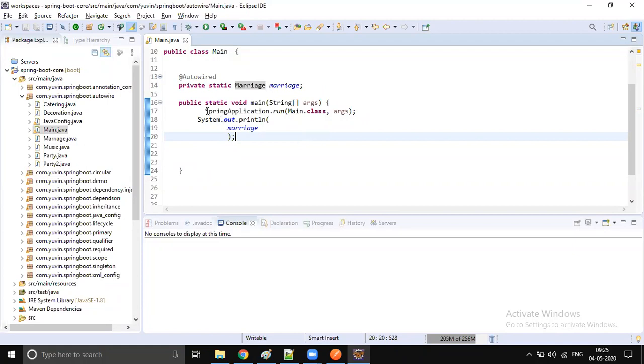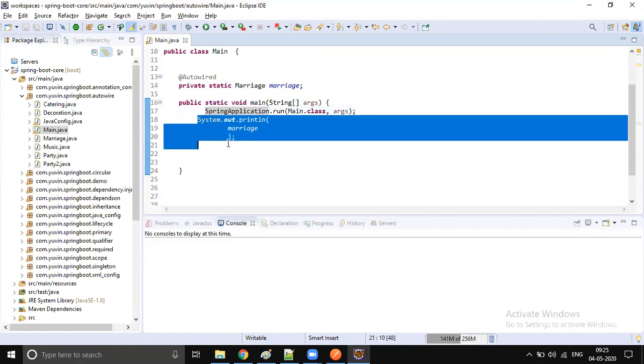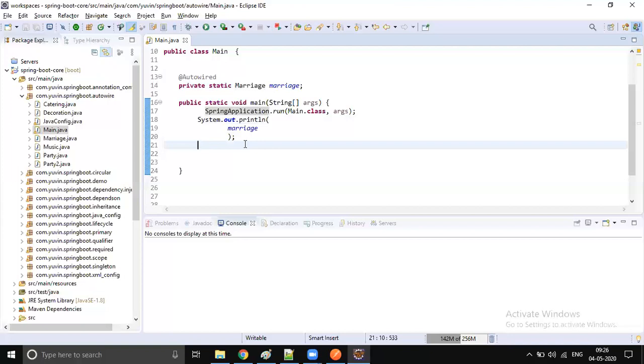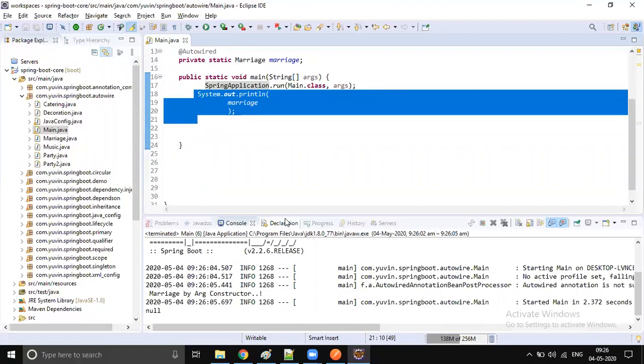Since we are just instructing Spring. We are using Spring Boot and we are telling Spring Boot, hey, can you create the container and go and read all the beans? Can you get the beans ready? Yes, Spring Boot will internally do that process in the background, but this process will get executed asynchronously.